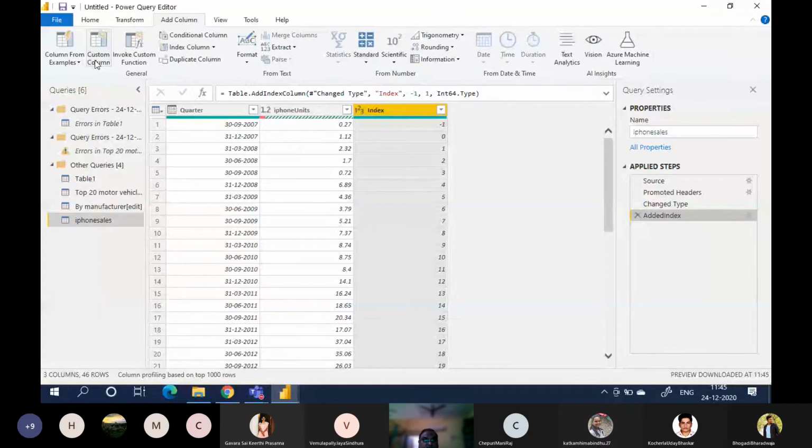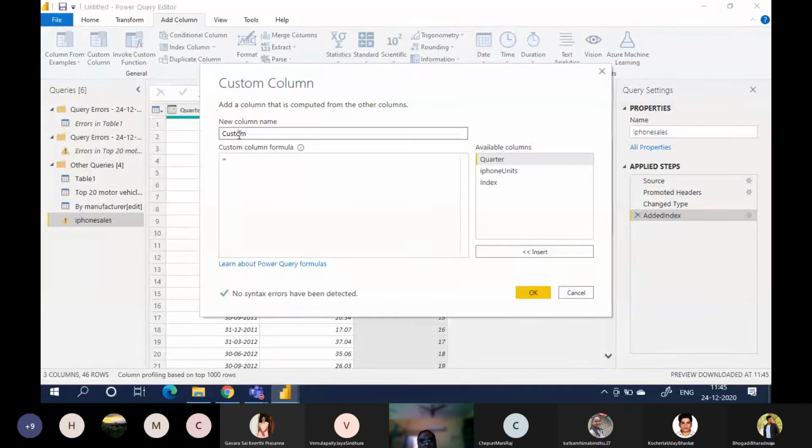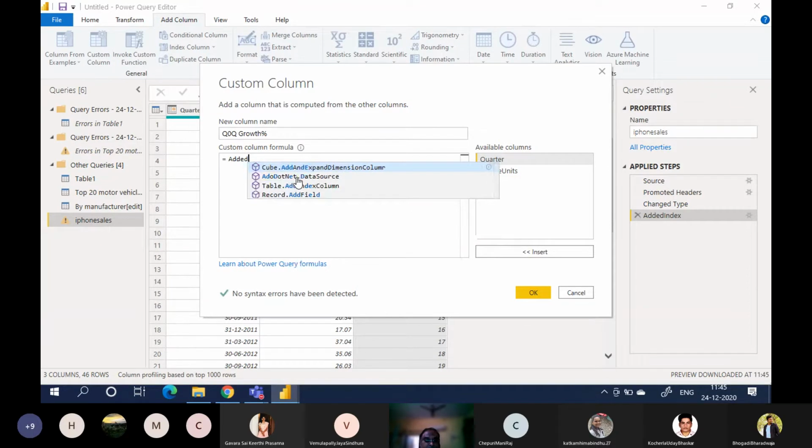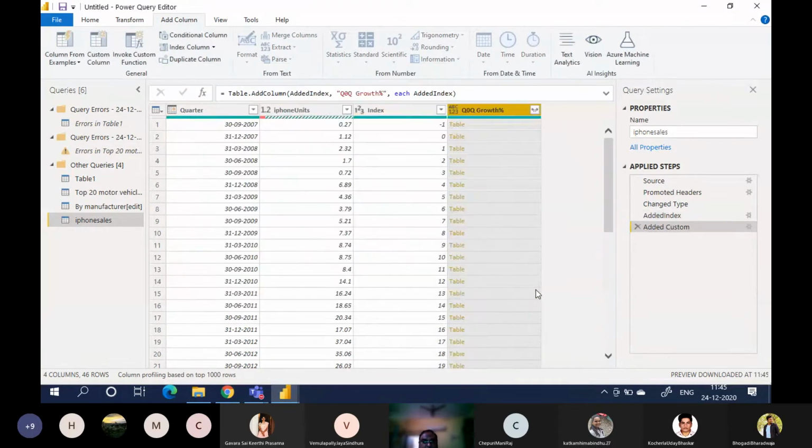Now custom column: quarter on quarter growth percent is equal to added index. Click OK. All right.